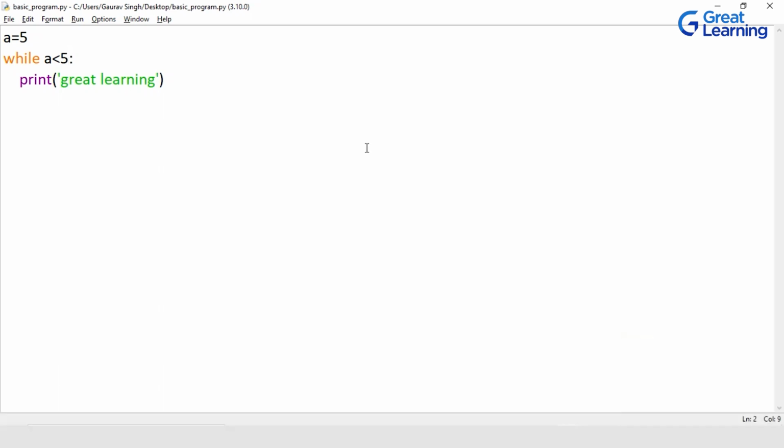Now I was telling you about the line number and column number also. If you see that my cursor is at line 2, I'm getting line 2 here, right? If my cursor is at line 3, you can see that I'm getting 3 here. Similarly, you can see here the column number also as 27.